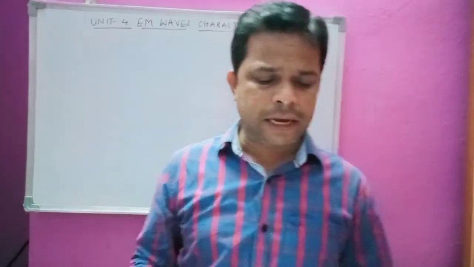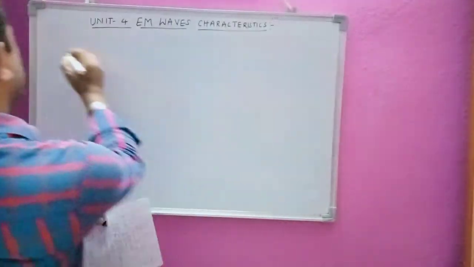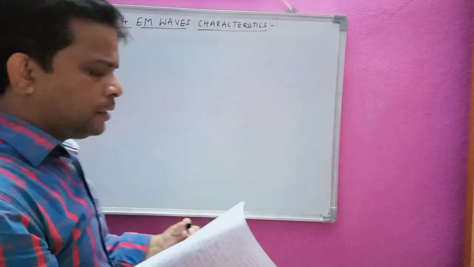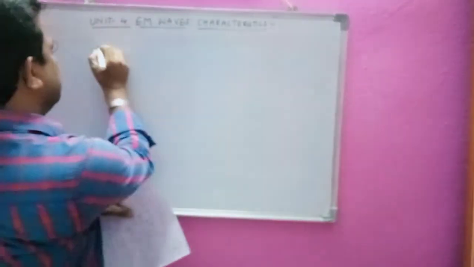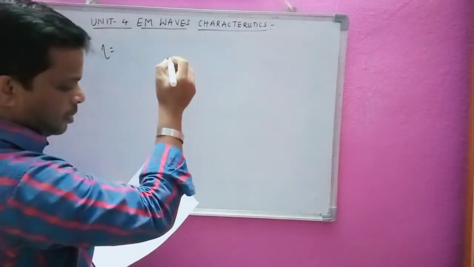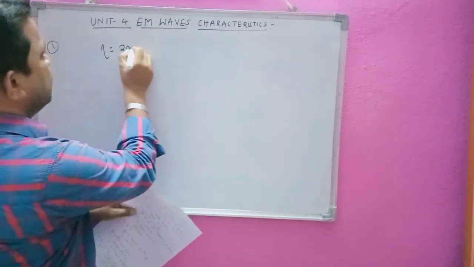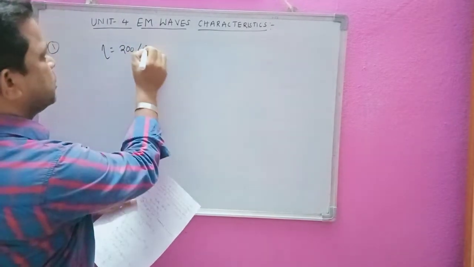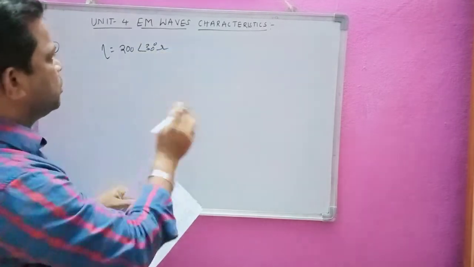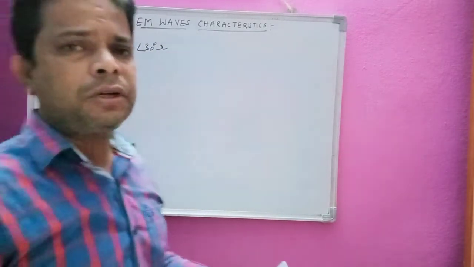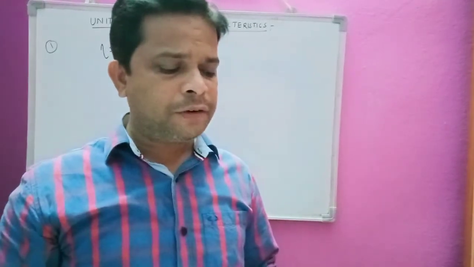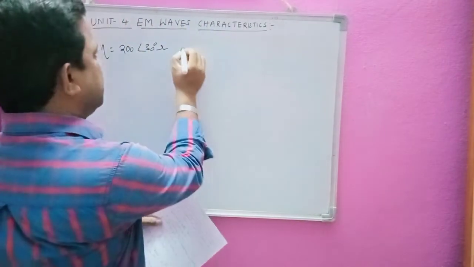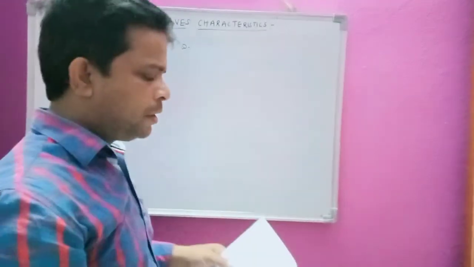Let us take the first question. He is saying that a lossy dielectric has an intrinsic impedance. He has given the intrinsic impedance eta value 200 at an angle of 30 degrees ohms. Generally the unit of eta is ohms here. At a particular radian frequency omega, he has given.